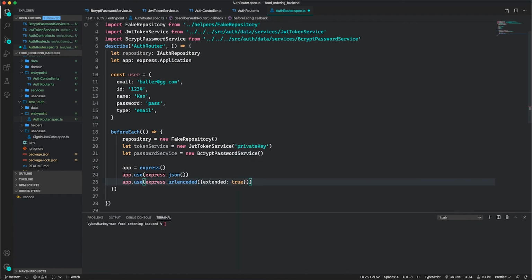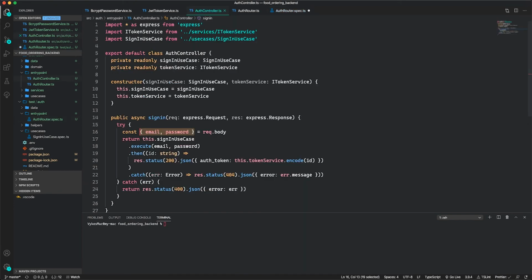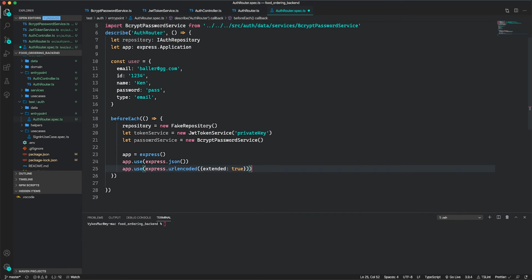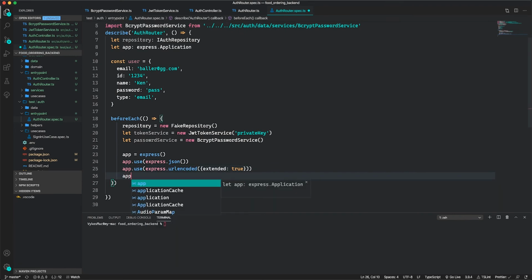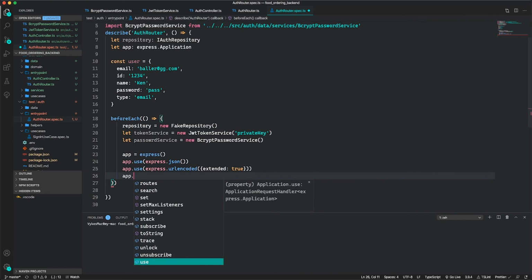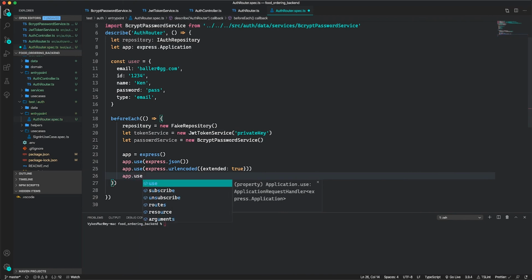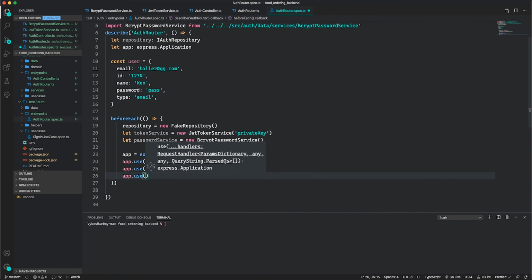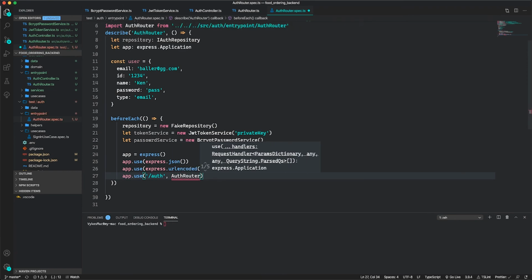So if I do not configure these two, then I won't have access to the request body in this fashion. So I configure those middlewares. Now I need to configure my routes or my router that I just created. So I'm gonna say use, gonna create a route for auth, and the router used for that route will be my auth router, and configure with all